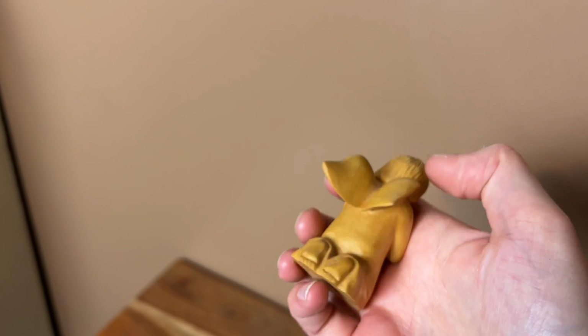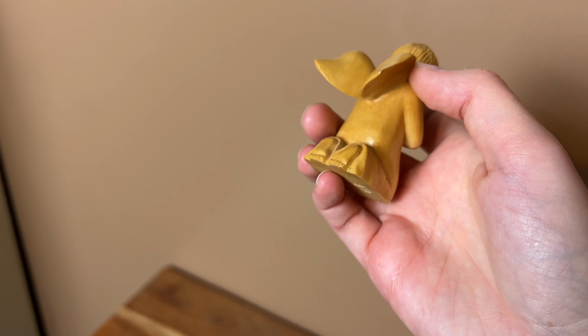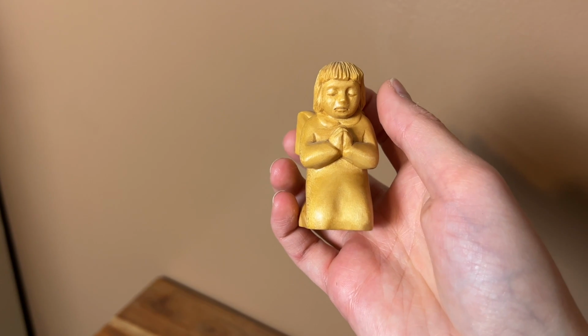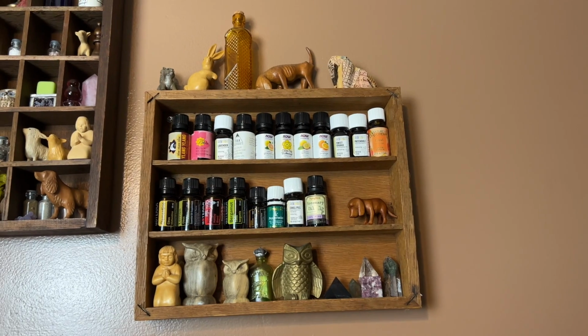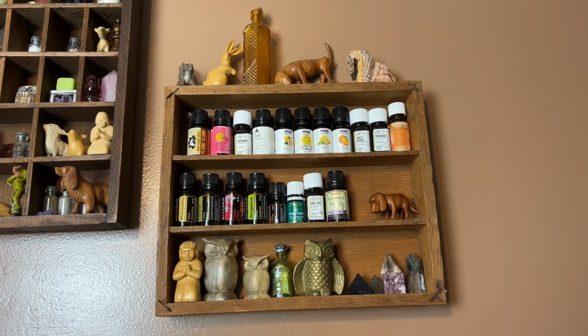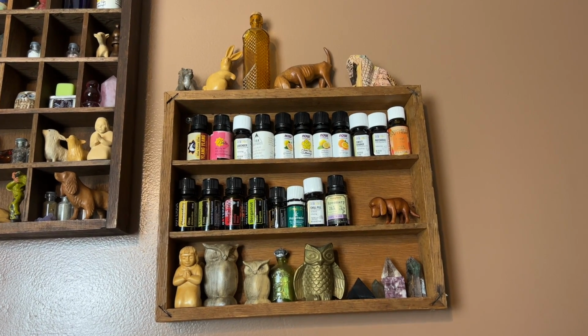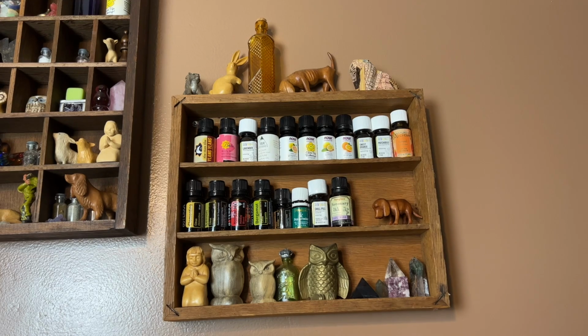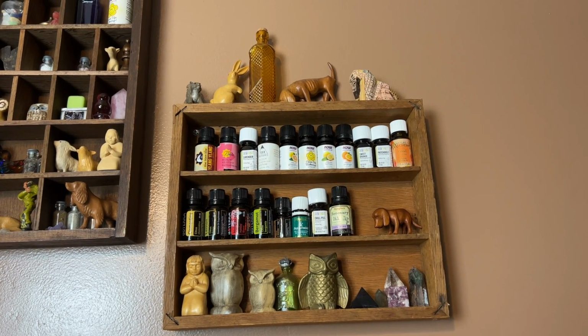So, look at the feet. Oh my goodness. This is one of my favorite carvings too, for sure. So that kind of covers what's here. Again, there was a whole lot more on there, just in different places. Some of it was where the essential oils were, and I just was moving things around. And it's all tucked away under the bed, so...